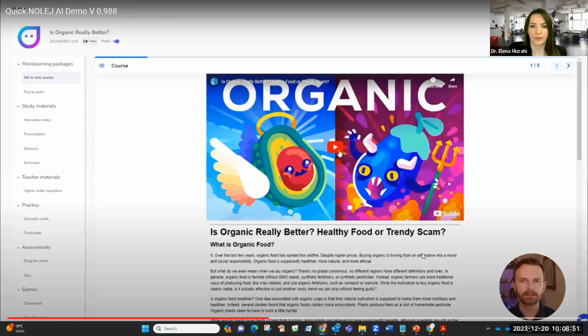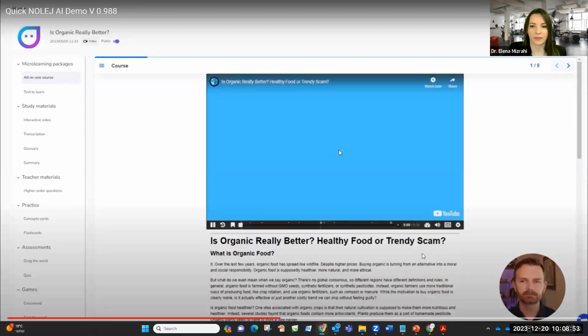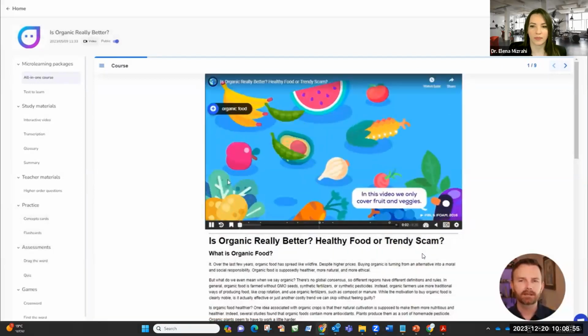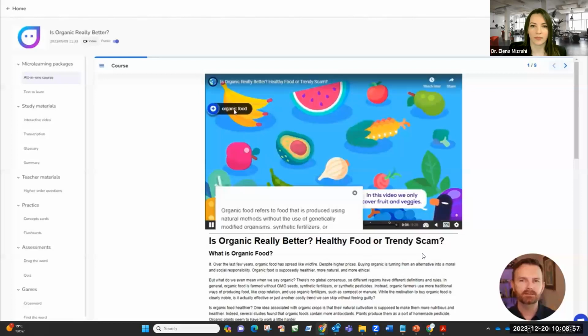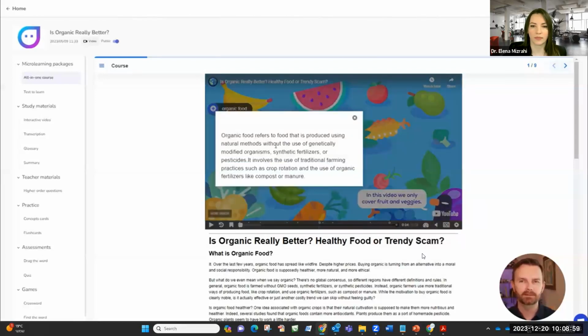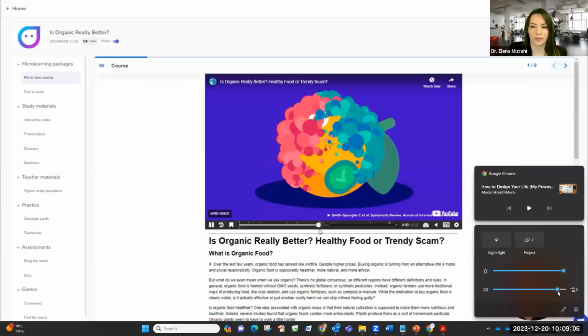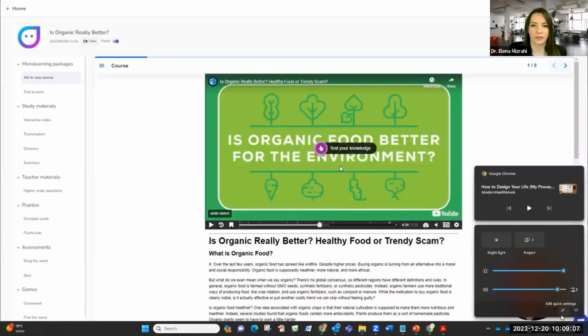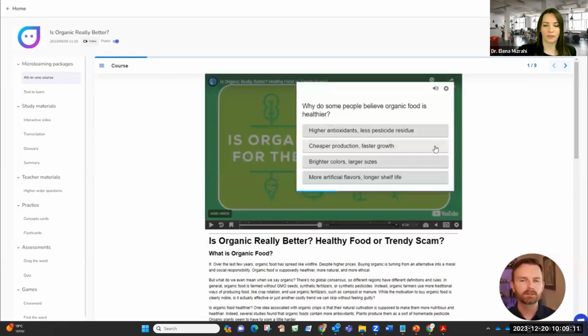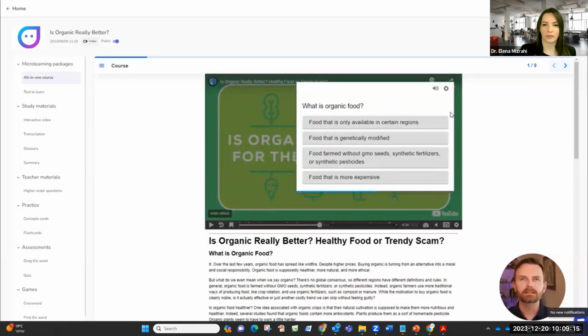This includes the video that is made into an interactive video. The interactive video is great because it has these pop-ups that appear whenever a key term is being mentioned for the first time. This includes a definition that it generates from the content provided. In addition to these pop-ups, it also includes quiz questions that appear at an appropriate time in the video to test your knowledge. This quiz could contain multiple choice questions that are auto-generated and based on the information provided in